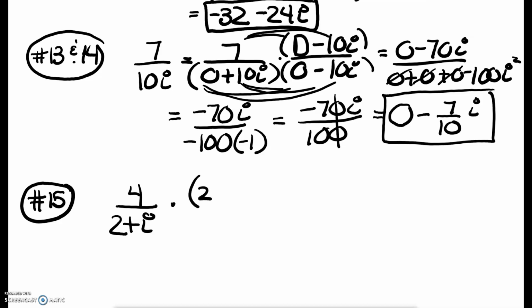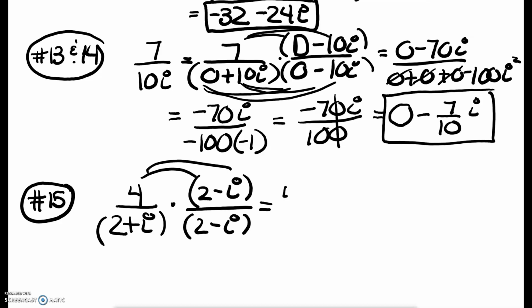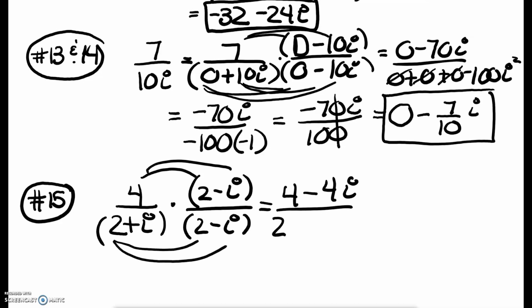This one is going to be 2 minus I over 2 minus I. Okay, so when I distribute this 4, I get 8 minus 4i. And when I distribute the 2 in the denominator, I get 4